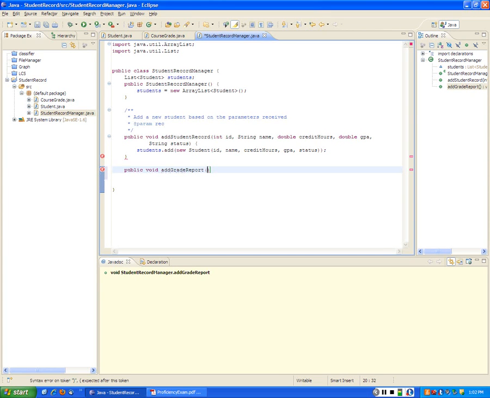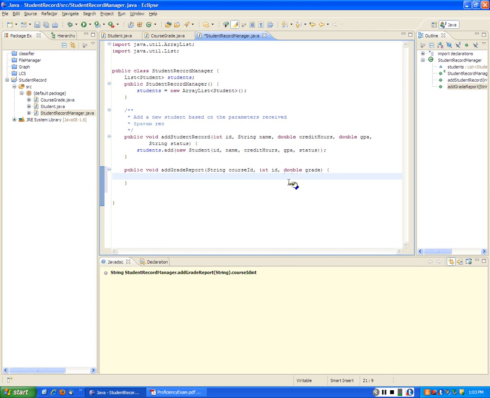And for this grade report, for this problem, we will have the student ID, and then we would have the grade. And the input also gives us the course ID, although we really don't need that for this problem. But let me just go ahead and have that, so that in the future, if we need to implement this way, we can easily accommodate that